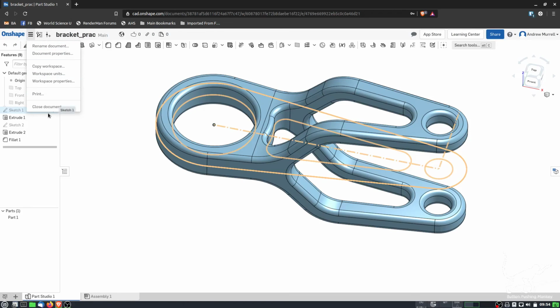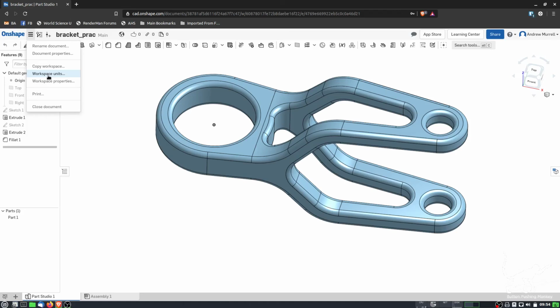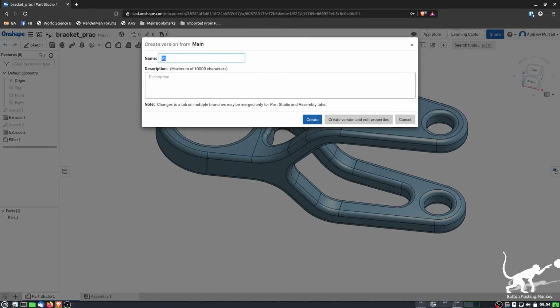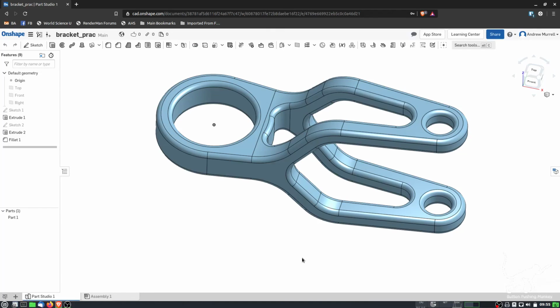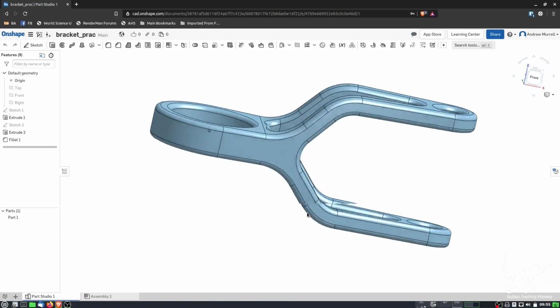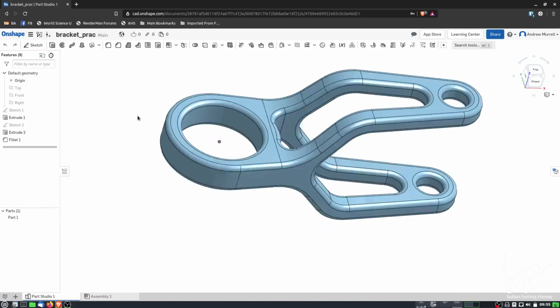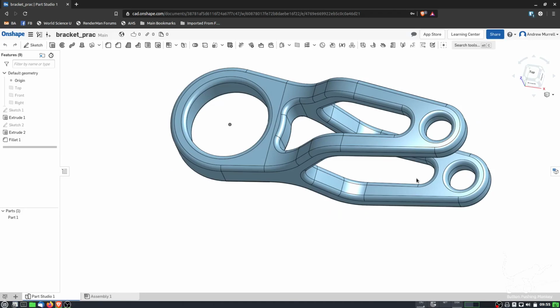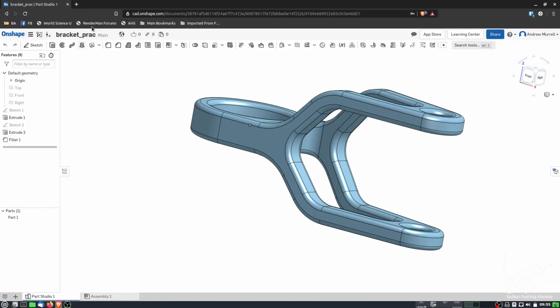You can sit up here and change your workspace units and all this other stuff in here. What else is there? You can create a version and do your description, and so then it ends up in your versioning list that you can show everybody else. And you can also create drawings and all that other stuff from all your designs, and so it's really good for people who want to use it, and it's a very good alternative. And unlike